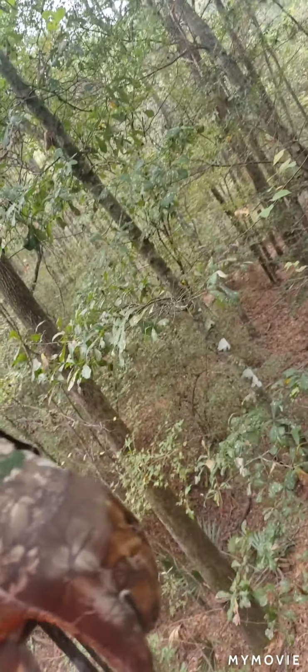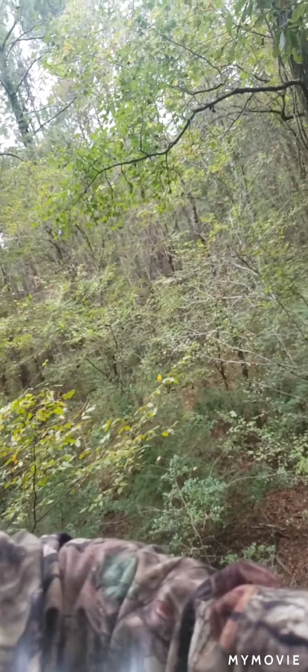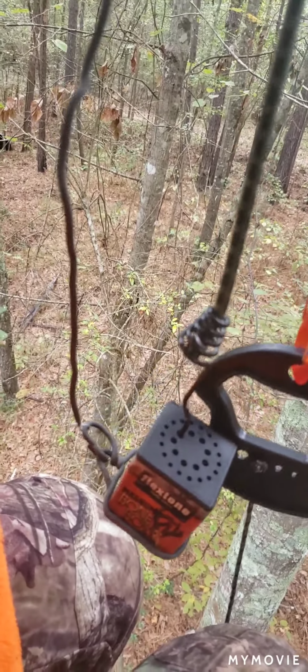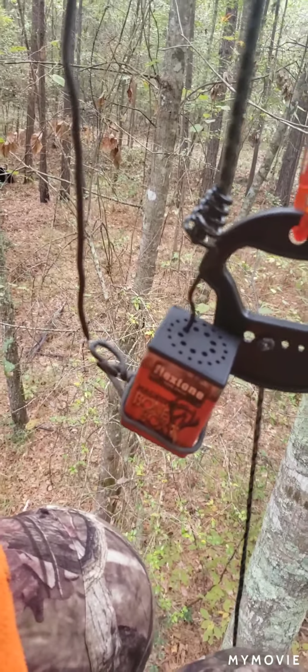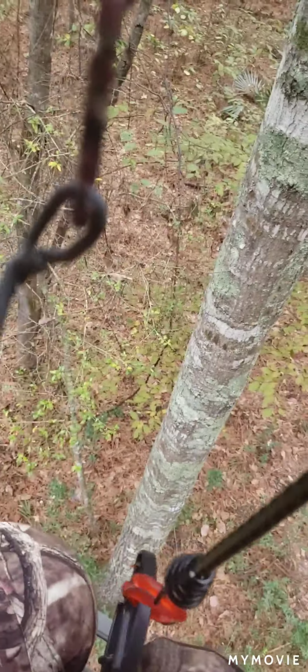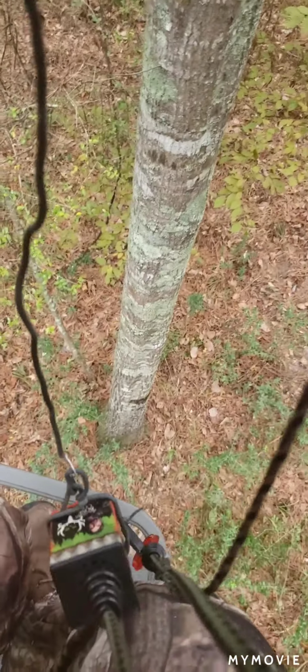So what I made here this morning, trying to conserve movement so I didn't draw attention to myself. Okay, so what I have here is one string is holding the can upright. The other string is going to tip it. Let's see if I can demonstrate this. The other string is going to tip it up